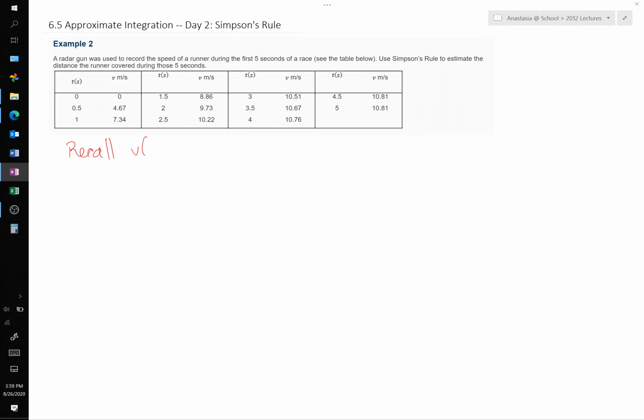So recall that if v of t gives the velocity of an object as a function of time,